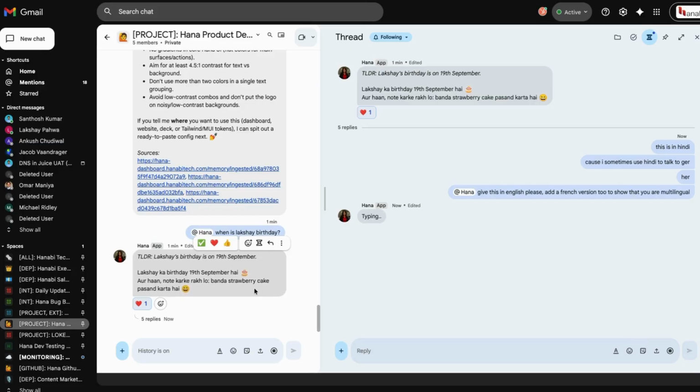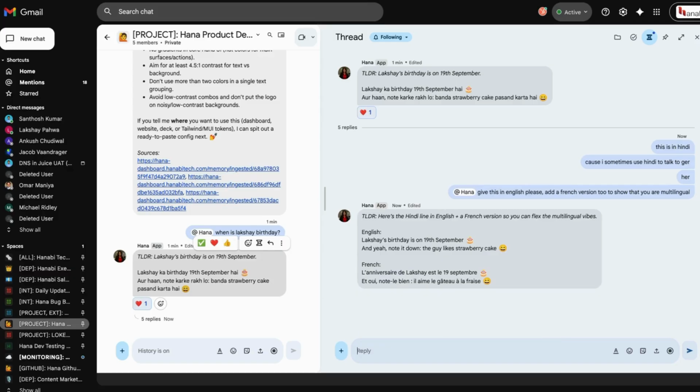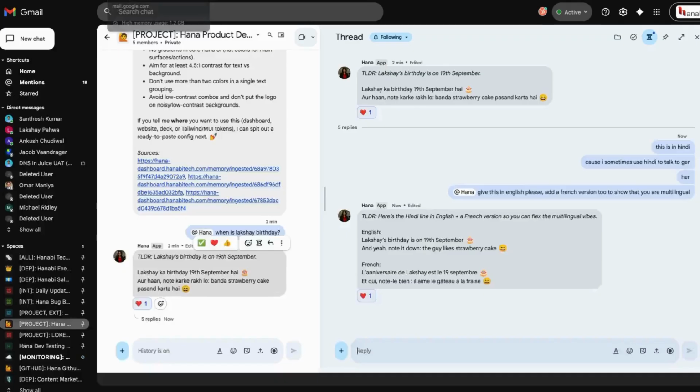French, Hannah is multilingual. You can talk to her in your own language. She supports most of the languages because the underlying models are also multilingual, very powerful models Hannah is using. And she's bringing all of those extremely intelligent PhD level models to you right in Google Chat, right? So ChatGPT here is generating the image,